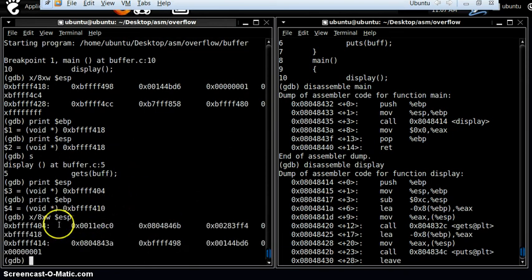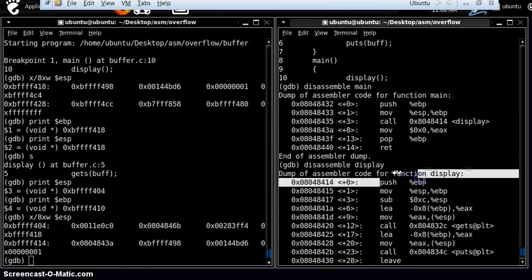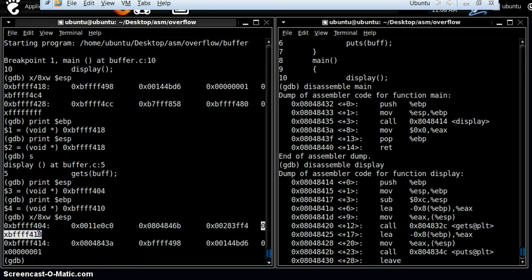Okay, so here we go. We have 418. What was 418? 418 was the value of EBP. The EBP register was carrying the value of 418, this one, and the function was called. The function execution jumps straight up to over here, and the first thing it does, it pushes the EBP register's contents onto the stack. So this is what is printed onto the stack right now.